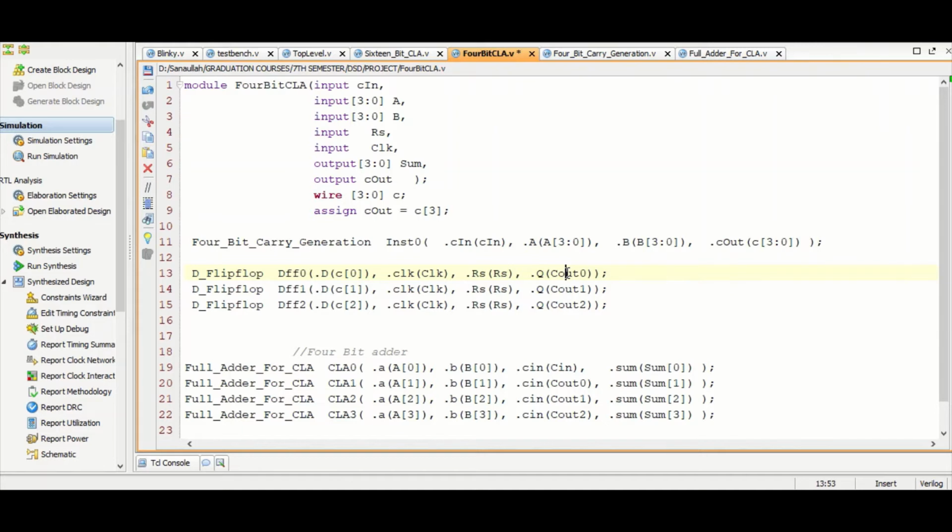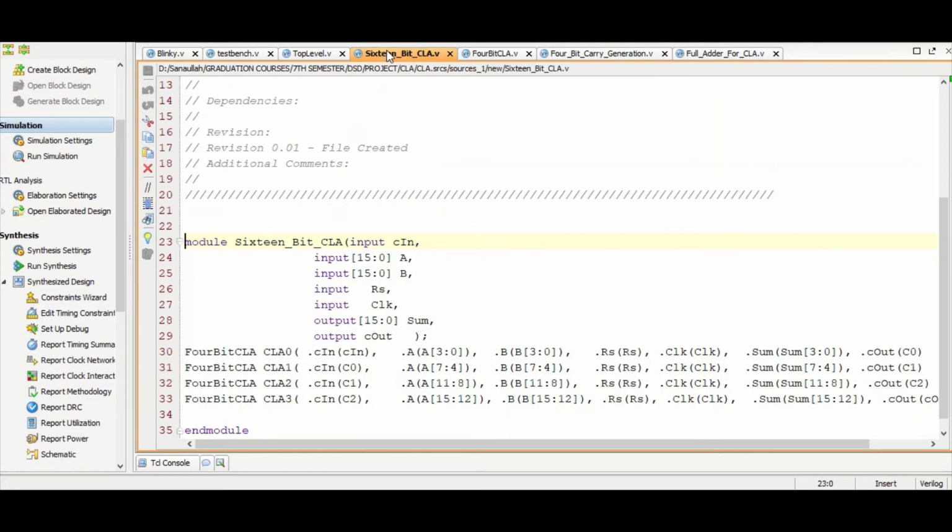With this help, it will calculate sum, and this 4-bit full adder also does not generate the cout bit, as we have already generated the cout bit in the 4-bit carry generation, where C3 is nothing but the cout bit.